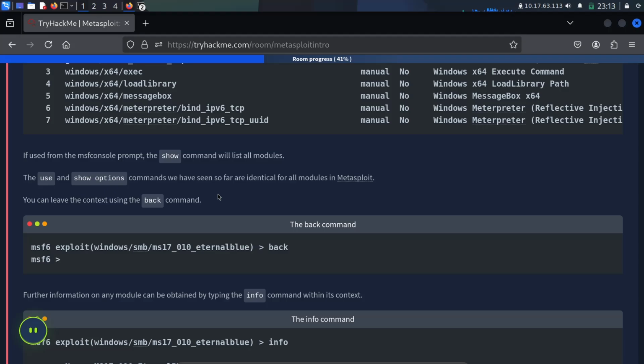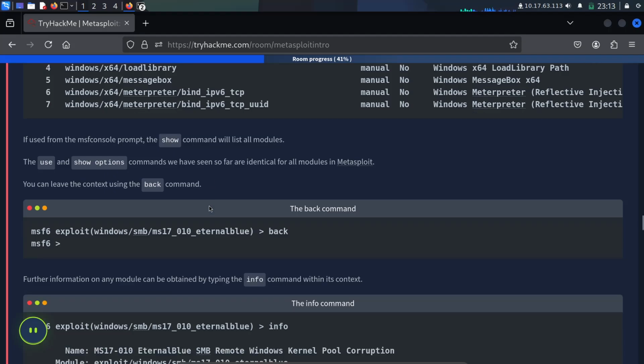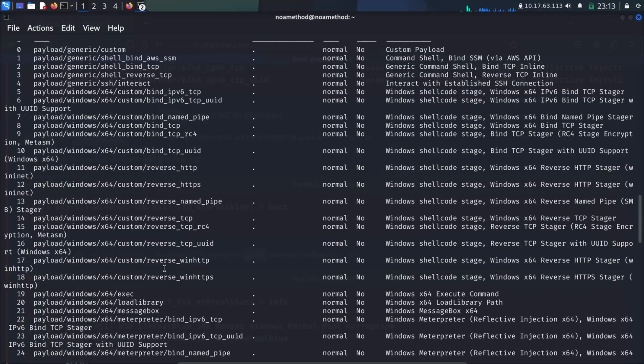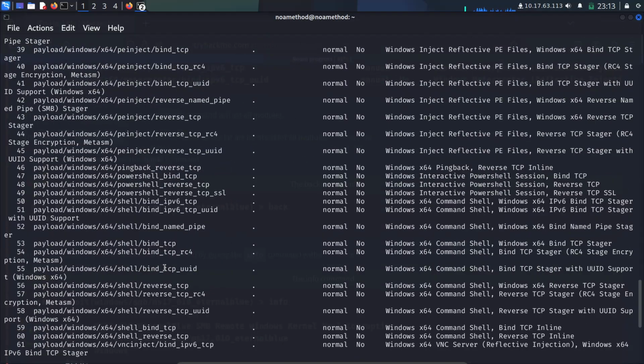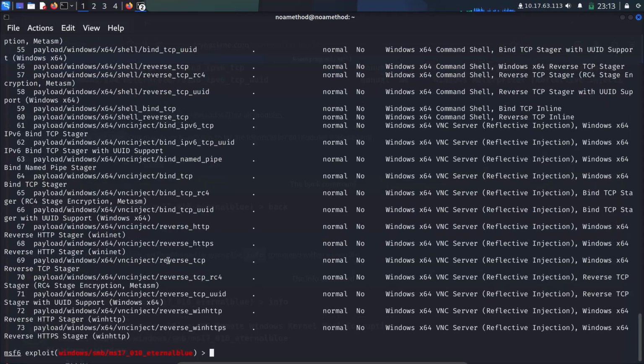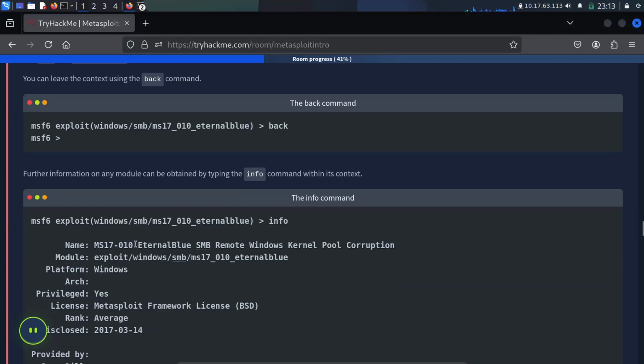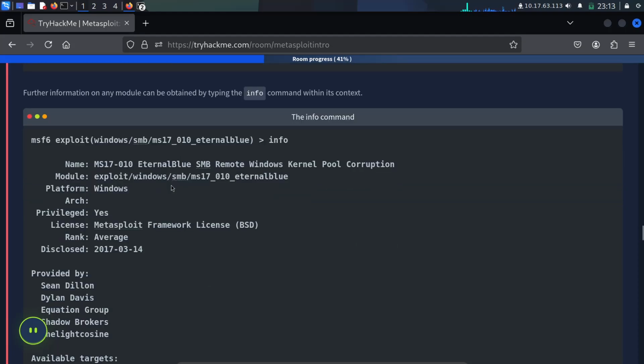You can leave the context using the back command. Back is to not use the module. Full information on any module can be obtained by typing the info command within this context.